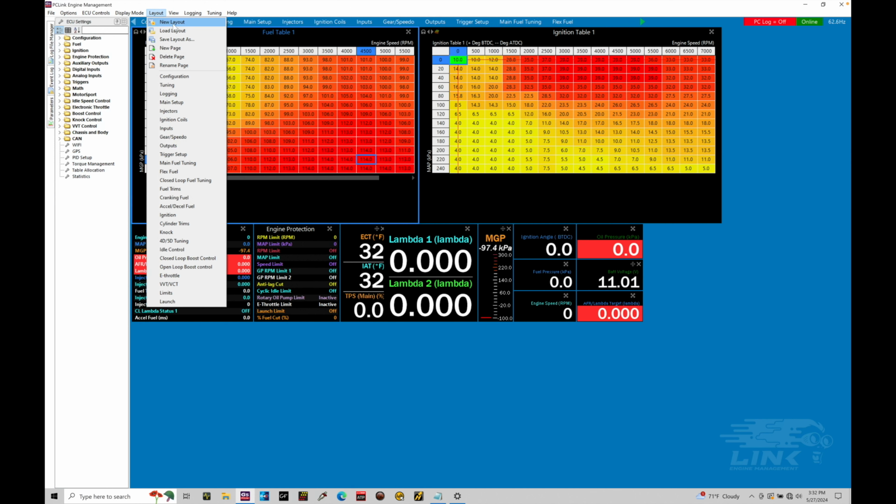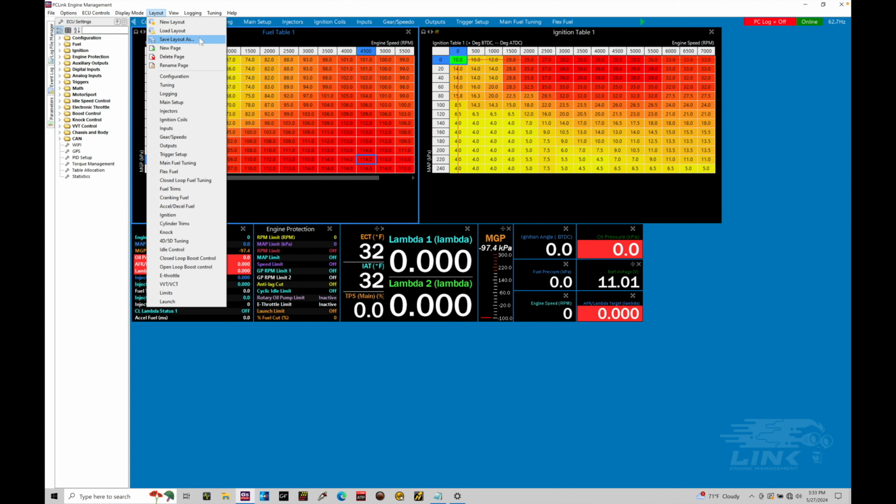Now, there's a new layout, which allows you to create a completely fresh layout. We'll talk about creating our custom layouts and how to do all of that in another separate training module. Load layout allows you to load a pre-existing layout. I showed you how to do that in the previous training module using a link layout. Now I'm supplying a layout for the training course, which again, we're going to cover in a dedicated training module. We'll be talking about how to go in and load that layout,